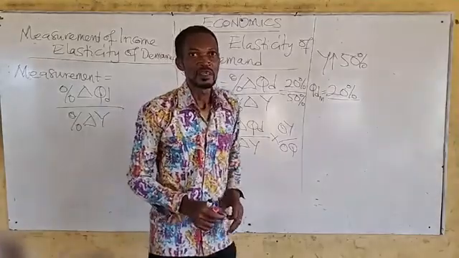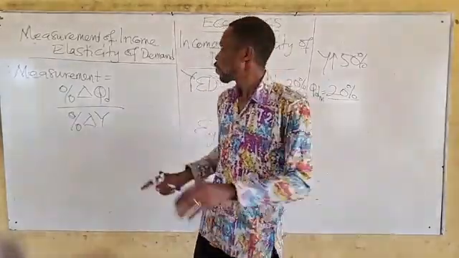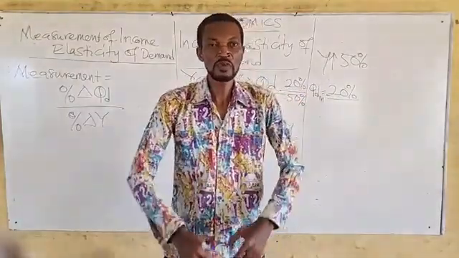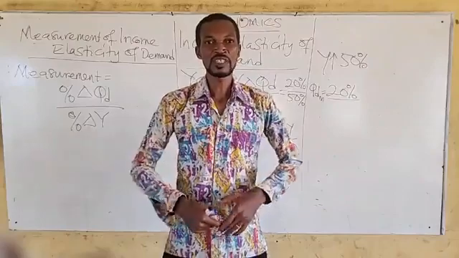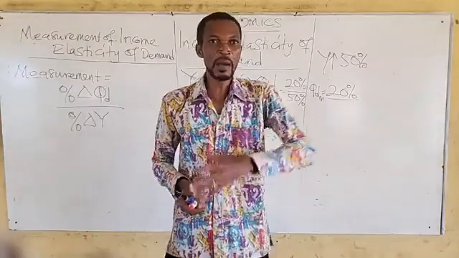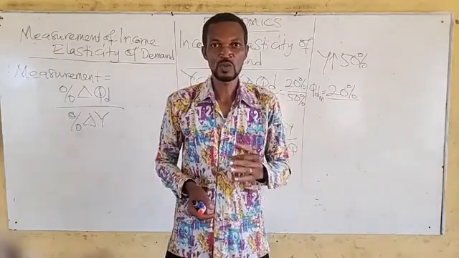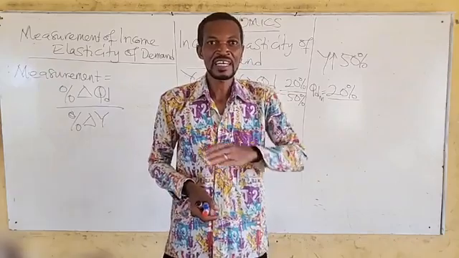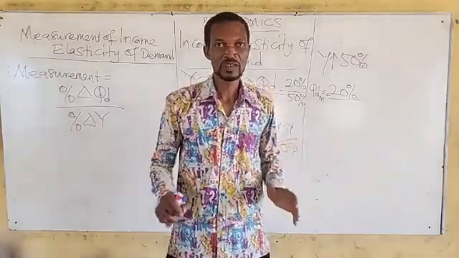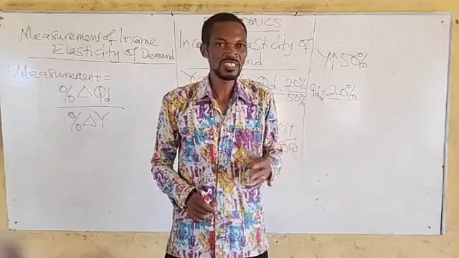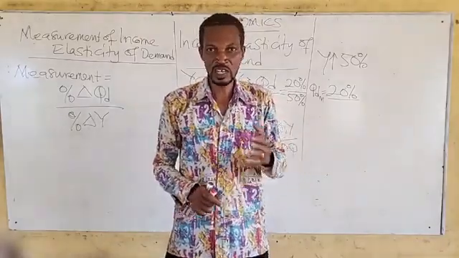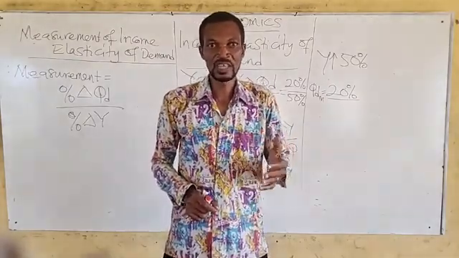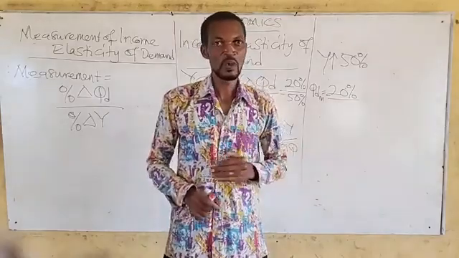Good. Before I continue, I want to tell you why we learn this concept we call income elasticity of demand. Why do we learn that concept? What is the importance of it? How do we apply it? And this is what we do. When we calculate income elasticity, it helps us to tell the categories of commodities that we have. In economics, we have types of commodity or categories of commodity. Income elasticity will tell you the type of commodity you are dealing with. If you are a seller, the type of commodity you are selling. If you are a buyer, the type of commodity that you are buying.